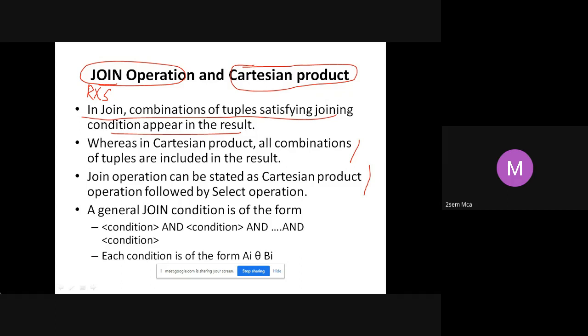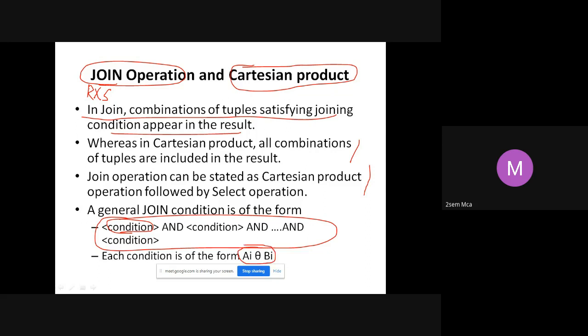Okay? Next. Join condition is of the form... How do you give the condition? We give the condition like this: condition and condition and condition. So you can combine the conditions. Each of these conditions is of the form Ai theta Bi.